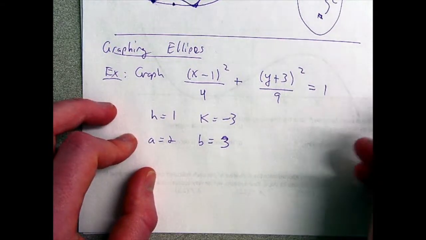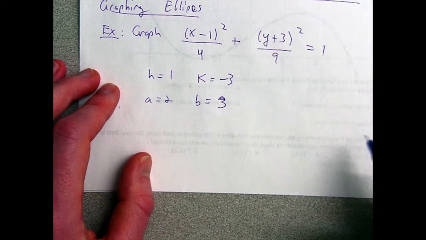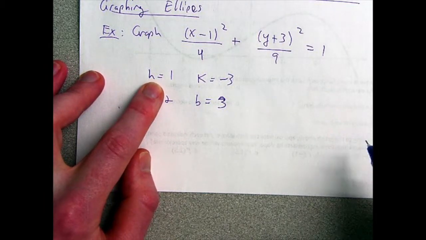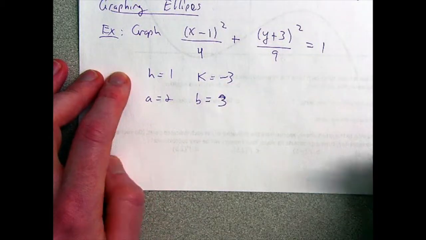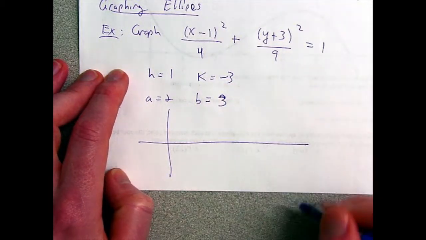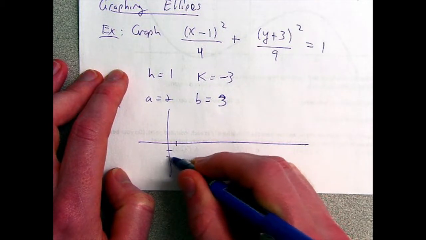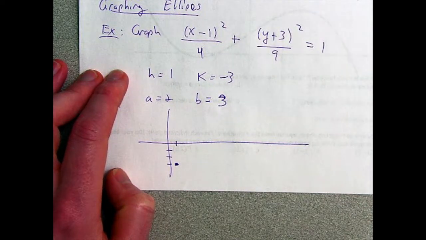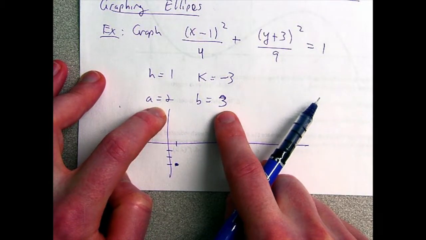Okay, so what does this information tell us? Well, first of all, it tells us the center. Remember, the center is always located at h comma k. So these are the coordinates of the center. If I've got a grid, then I should go 1 over and 3 down, and right there is my center. Now what I can do is use a and b to determine the location